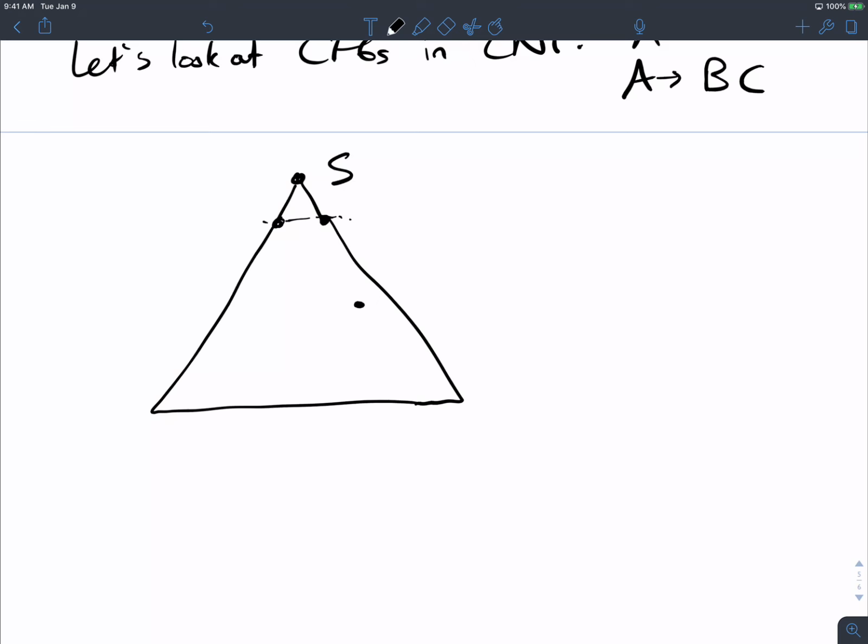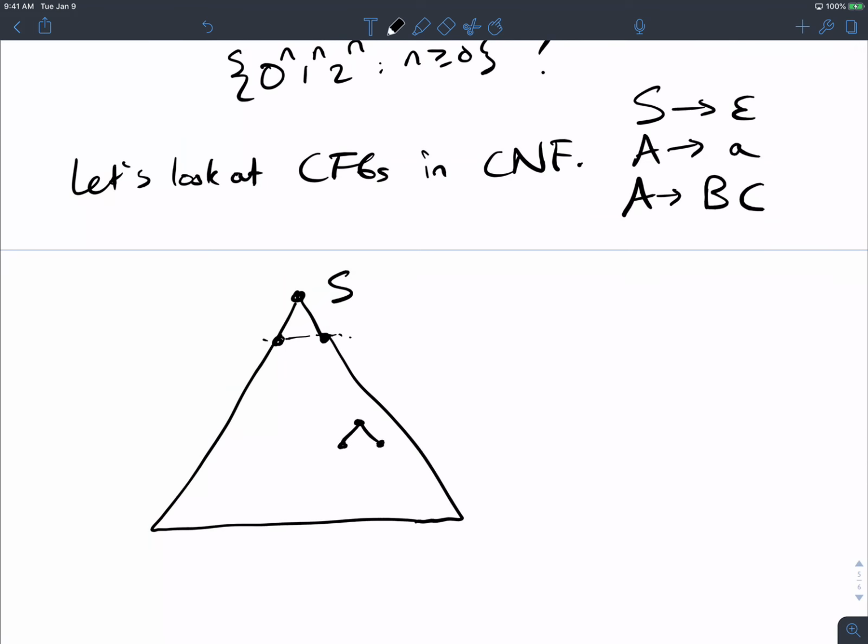2. Isn't that cool? By enforcing a grammar to be in CNF, all of the parse trees have the same structure. Maybe not the same tree, but the same structure. They're all binary trees. Pretty cool. So what is the thing that we want to repeat in the grammar? The variable.